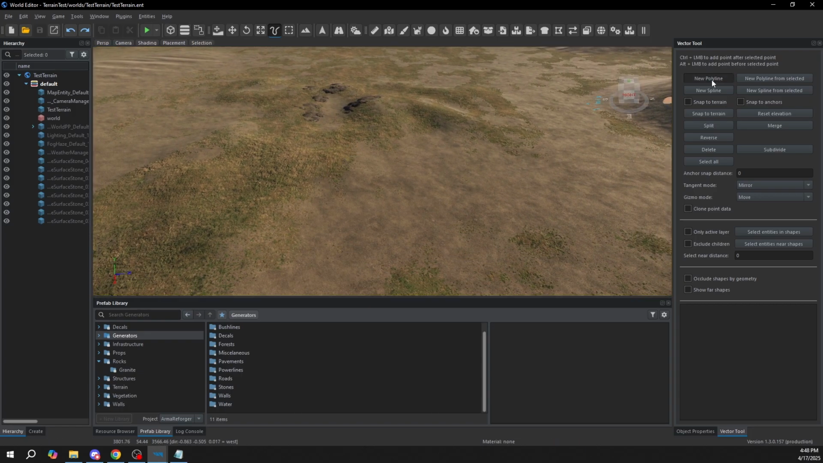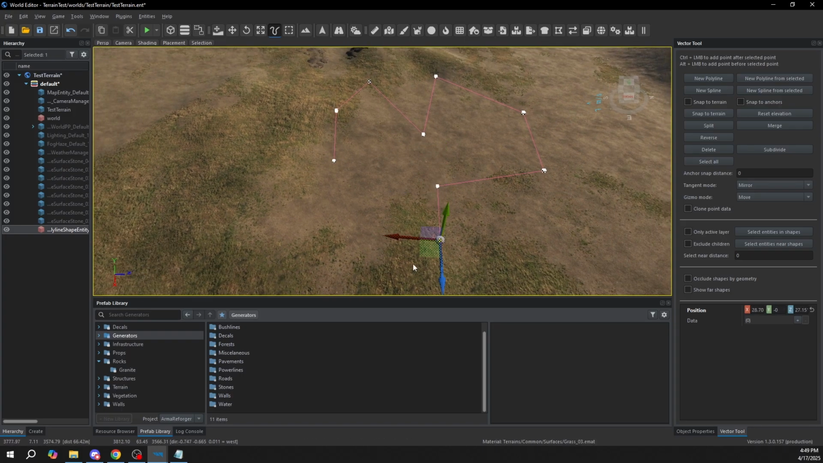So up here, once we're in our vector tool, which is V, we can select polyline or spline, and your first question might be, what's the difference? The polylines are pretty much rigid point to point. You can see here, there's no curvature to the lines. Just making this a very basic